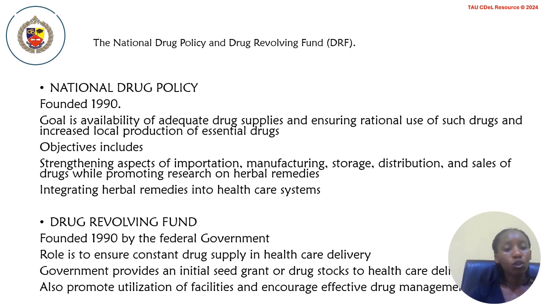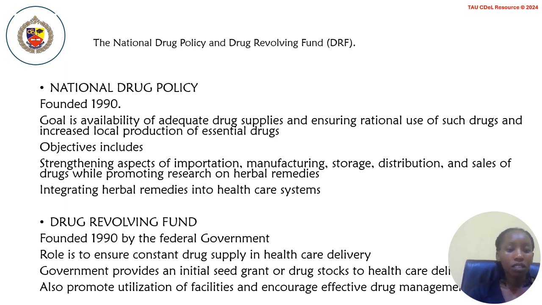Now, let's look at some drug agencies and their policy. Looking at the National Drug Policy, it was founded in 1990 and its main goal is to ensure there is adequate distribution of drug supplies, ensure rational use of drugs, and increase the local production of essential drugs. And how do they achieve this? They achieve it through collaborative efforts, strengthening aspects of importation, manufacturing, storage, distribution, and sales of drugs, while promoting the